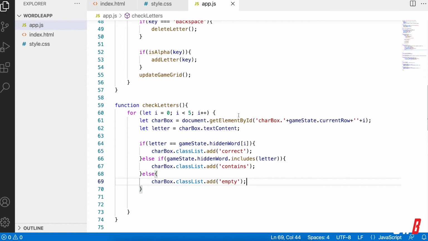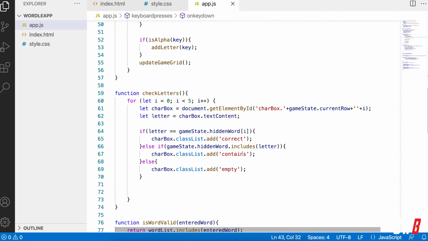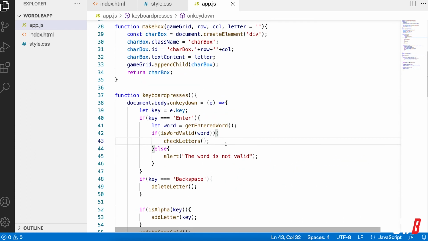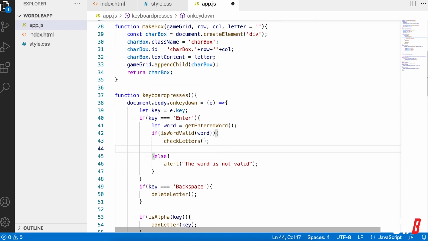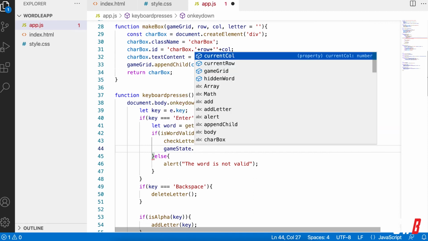There we go. So if the word contains the letter at the correct location, we give the class name correct. If it only includes the letter, but it's at the wrong position, we give the class name of contains. And if the letter isn't inside the word, we give the class name of empty. Okay, so that's it. We have checked the letters, and the game state can be updated now for the current